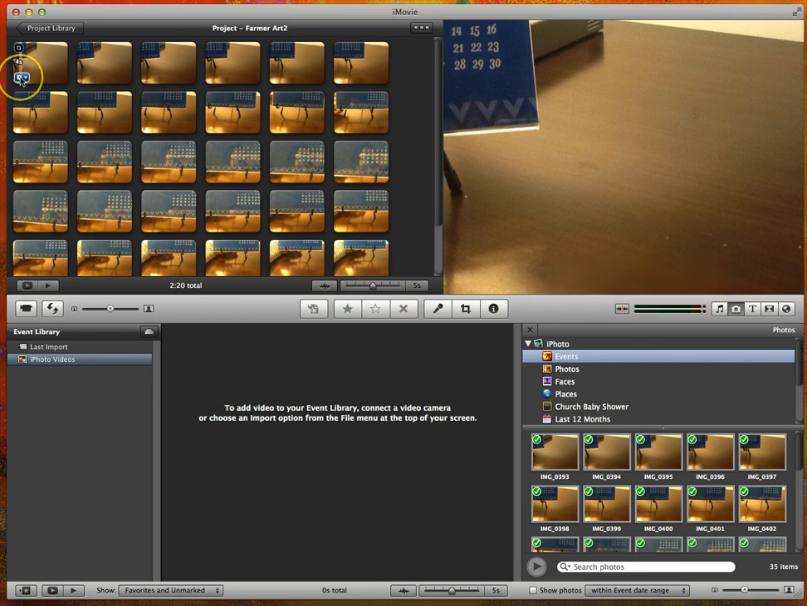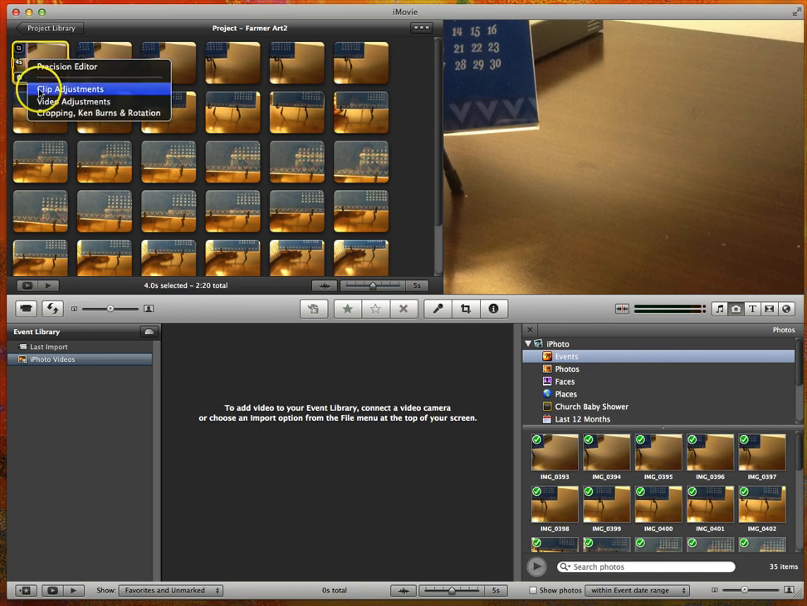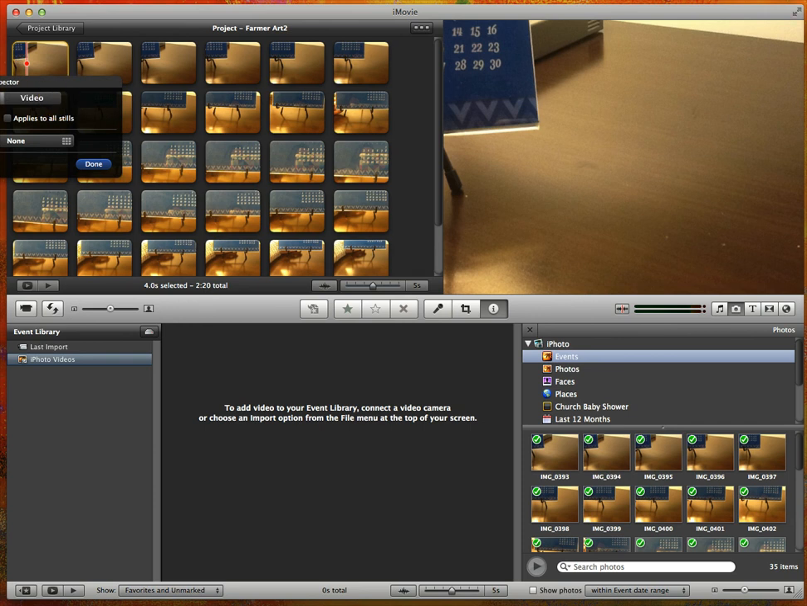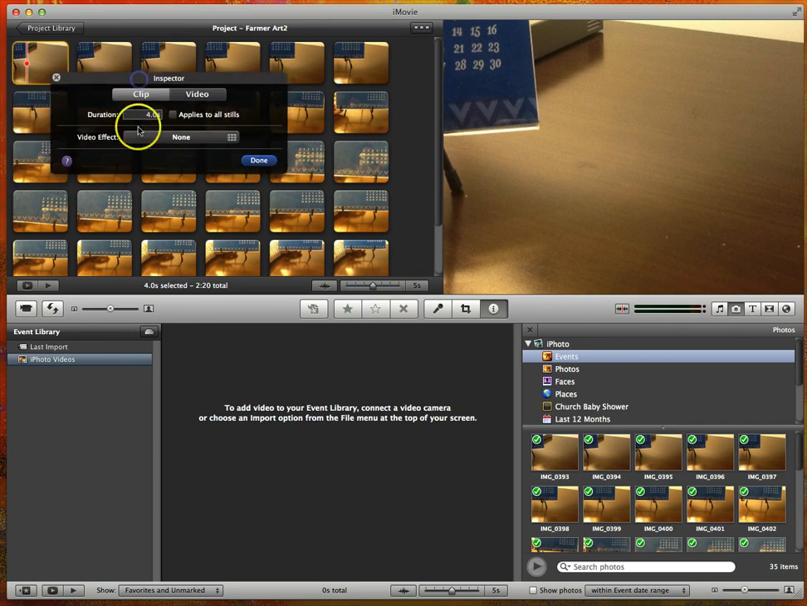So we're going to change all of these images to be much shorter, and to do that I'm going to click on the blue gear on one of my pictures and select Clip Adjustments. The duration is the length of each picture. The shortest that we can go is 0.1,